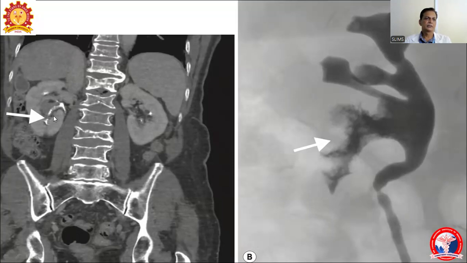Here there is a neoplastic mass in the right kidney, lower pole. This is a retrograde ureterography, whereupon the ureter is accessed through the bladder and contrast is inserted. So we are getting to see the lower calyces along the mass showing irregular borders, and because of invasion of the